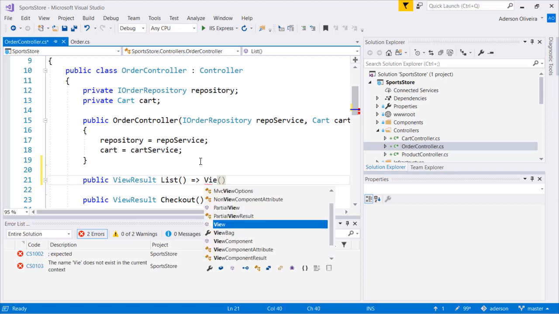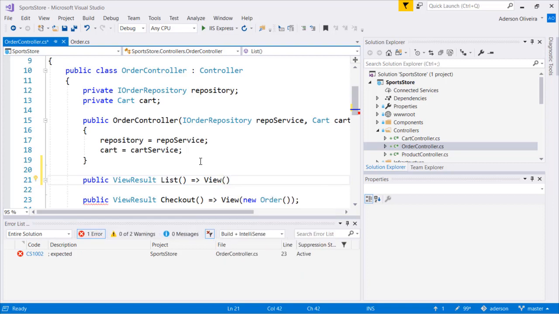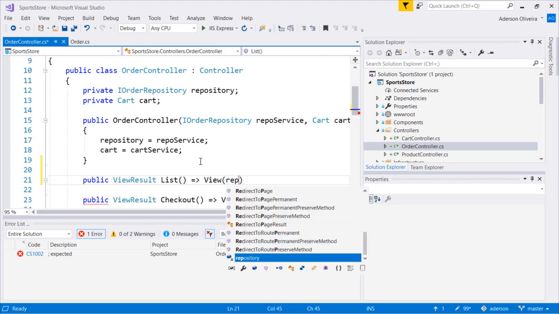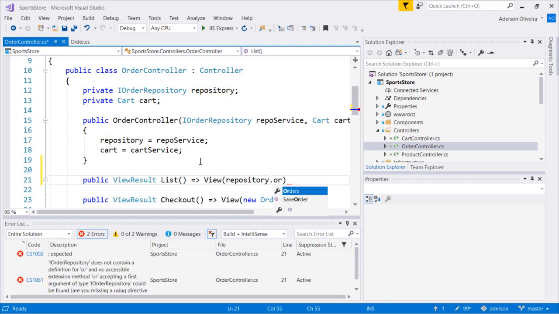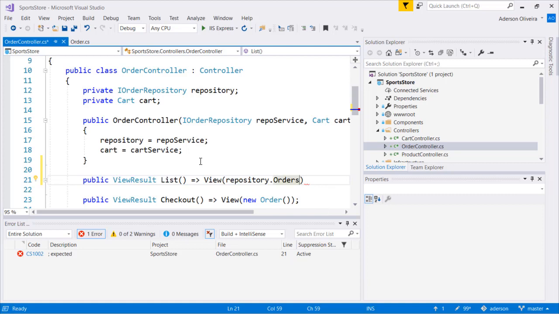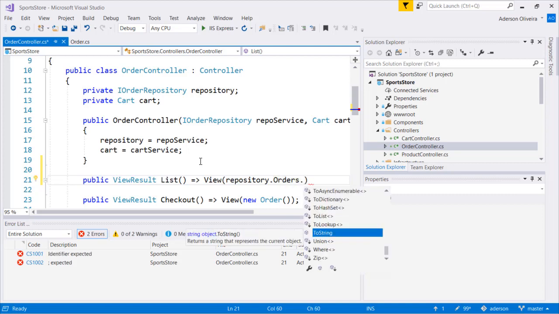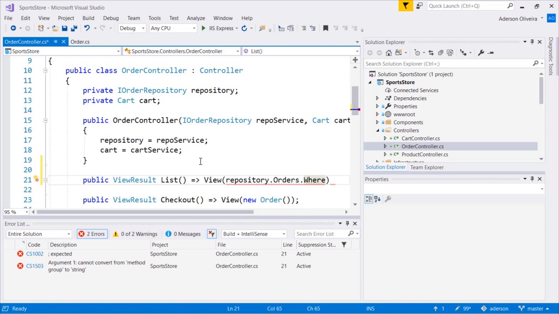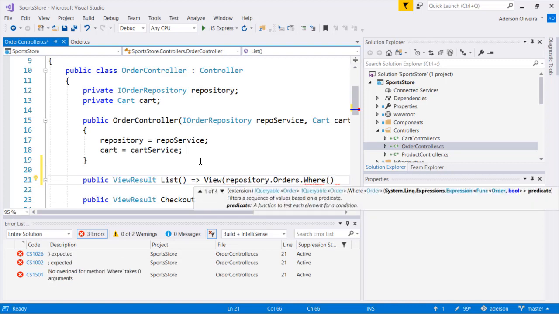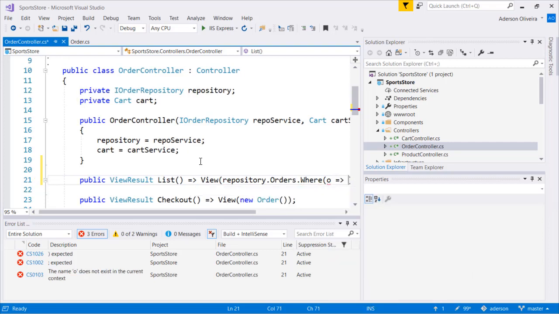We're going to call view, and we're going to send to the list view the list of orders that are to be shipped, that are set to false. So we're going to call the repository, which is actually the entire database. Then we have the orders of the repository. Then we're going to do a filtering. We're going to say, don't show me all orders, only show me the orders we want. We're going to use the where method, where O for orders goes to